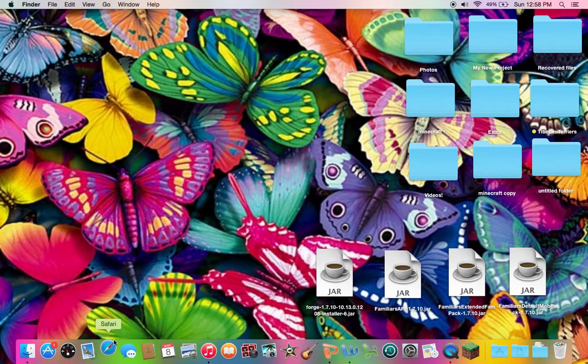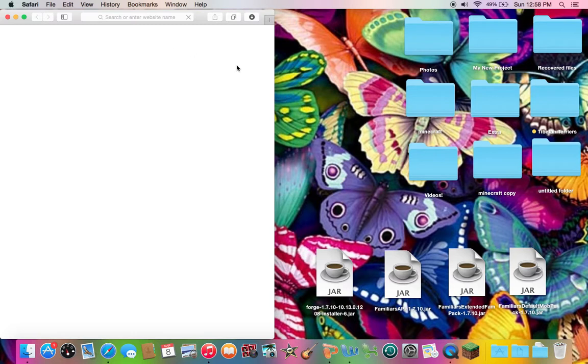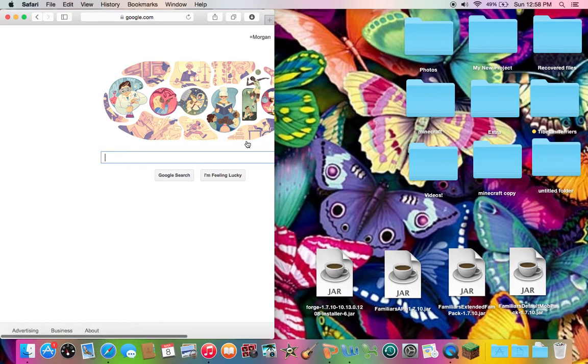So what we're going to do, go to Safari, Chrome. But what I'm installing this mod on is the Mac OS X. So this one's for Mac. Wait for your Safari, Chrome, whatever you're going to use, to load. I use Google. And then you're going to type in